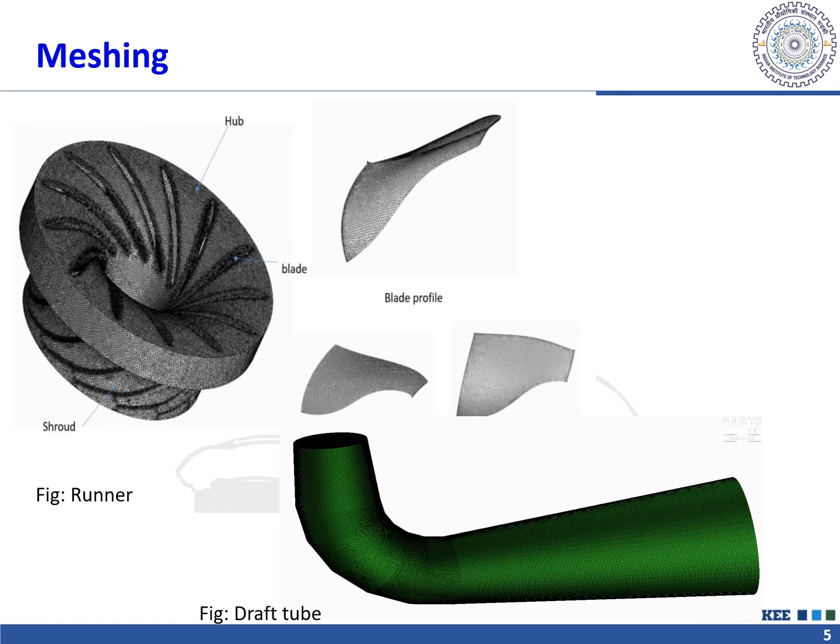The meshing of prototype geometry of Francis was done by using ICEM CFD. Unstructured mesh was generated in distributor and rotating domain of the turbine, which consists of tetrahedral elements with prism layer near the wall surface to deal with the boundary layer condition. Similarly, structured mesh was created using a multi-block technique in the draft tube.